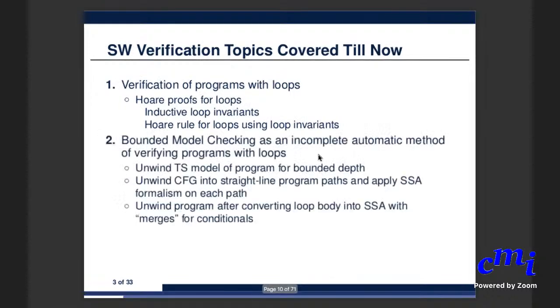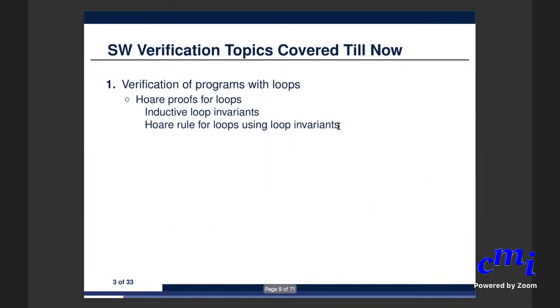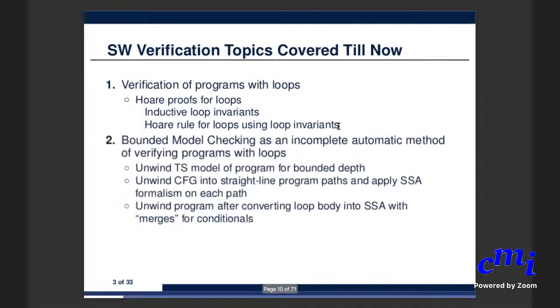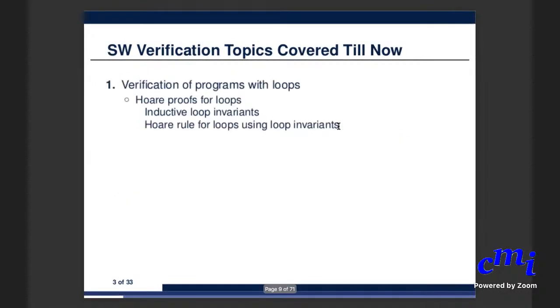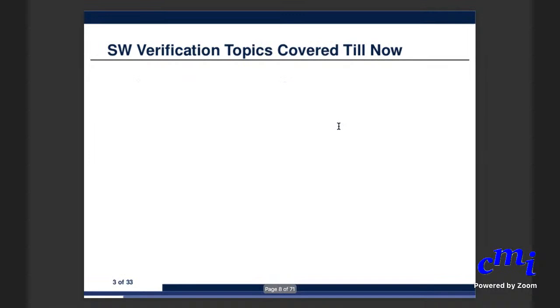And then, along the way, we also saw bounded model checking, as we introduced bounded model checking as an incomplete but automatic method for verifying programs with loops. And before I get to that and talk about unwinding the program, what I want to show you is this